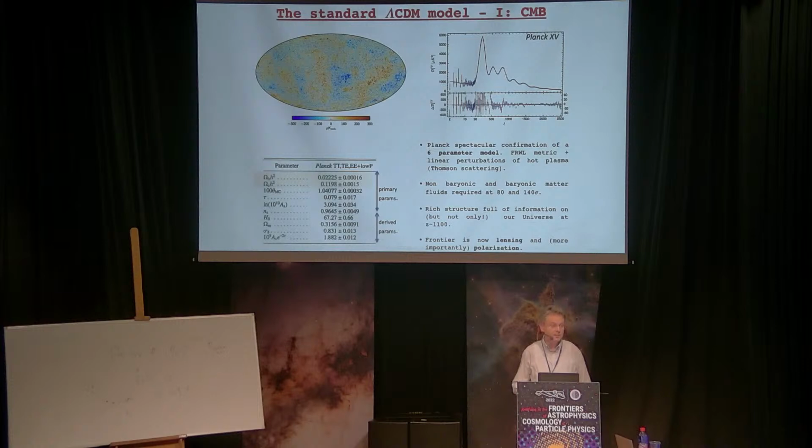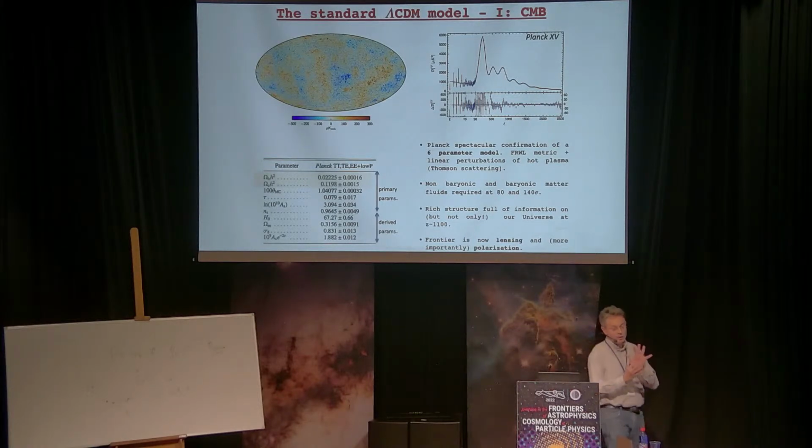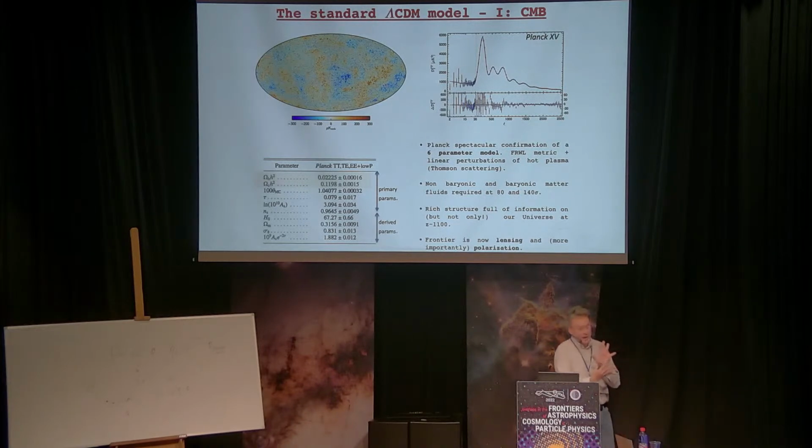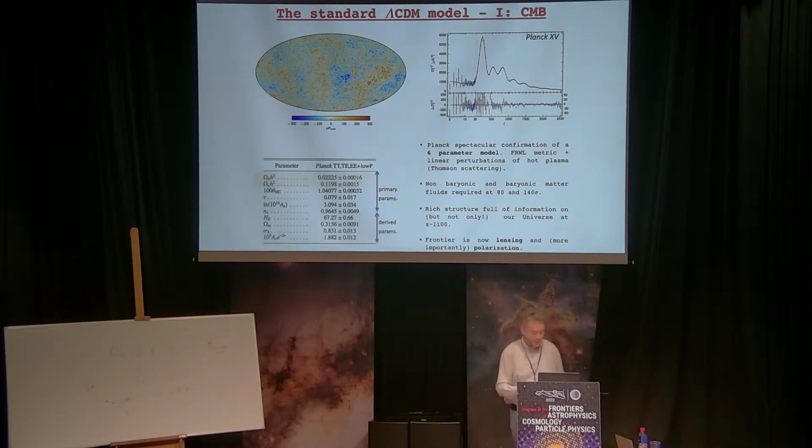So the CMB, for us, is the initial condition. The simulation that you saw before has been run having as initial condition this nice picture here. And this observation by Planck is fitted by a theory which is based on 6 parameters. This is remarkable because the structure that you see here is rich and complex in a way. You have several peaks and troughs with physics, and it is remarkably well fitted by a simple model with 6 parameters,